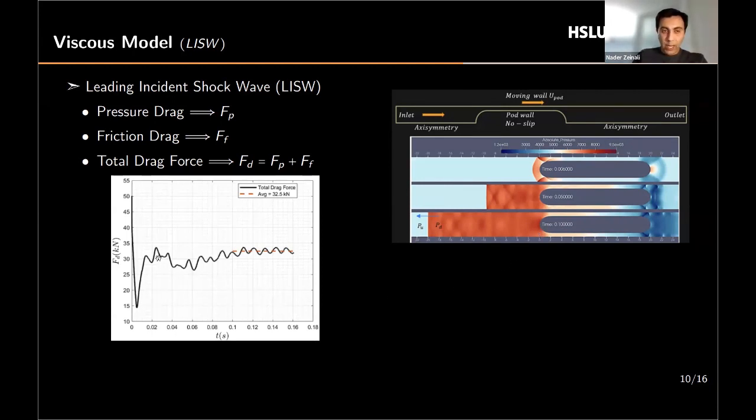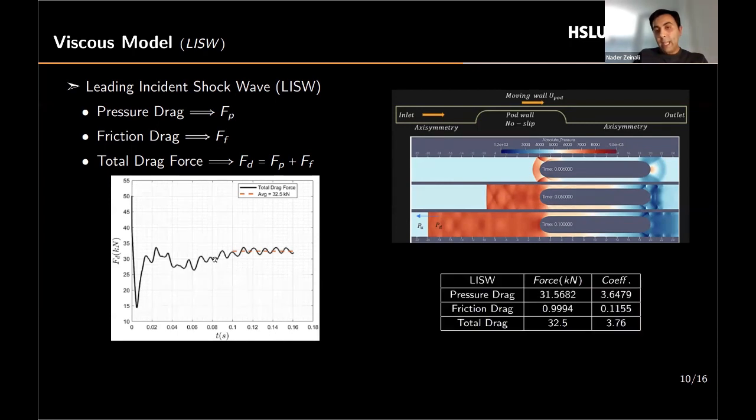As you can see, as we add viscosity, we get a more physical and more accurate drag force, and especially the transient behavior of the drag force. But in the table, I try to differentiate between the pressure drag and friction drag. As you can see, the friction drag is way smaller than the pressure drag, meaning that pressure is the main contributor in the drag force